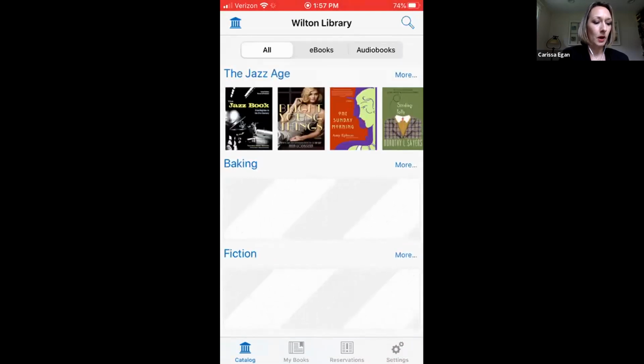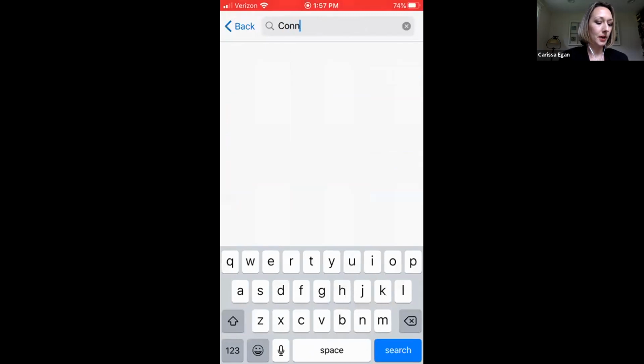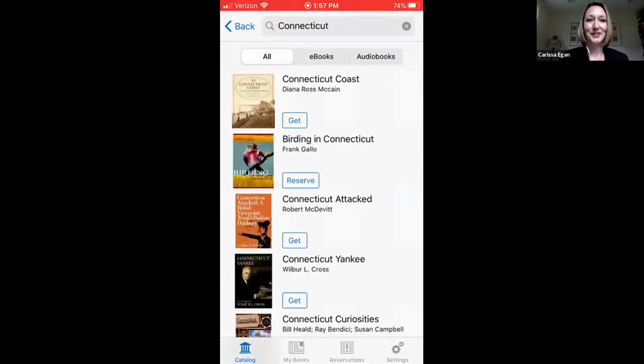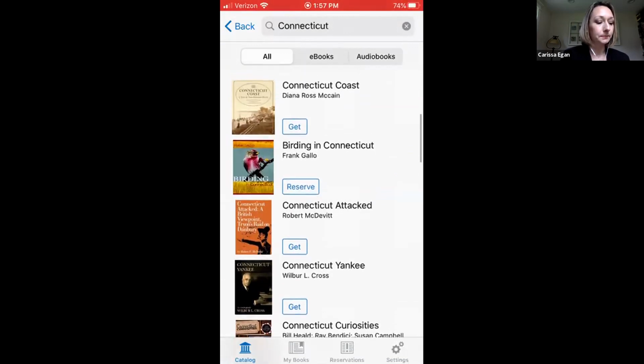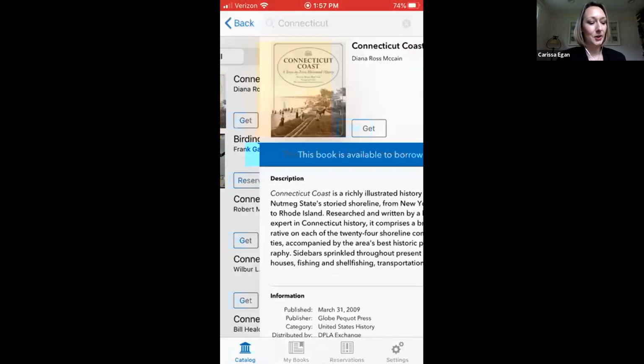But on that note, I wanted to first show an example that really highlights the power of SimplyE that Brian was pointing to earlier. I just typed Connecticut into the search bar, a very appropriate term for a library in the state of Connecticut. And the first item that you can see, the Connecticut coast, if I click on it,